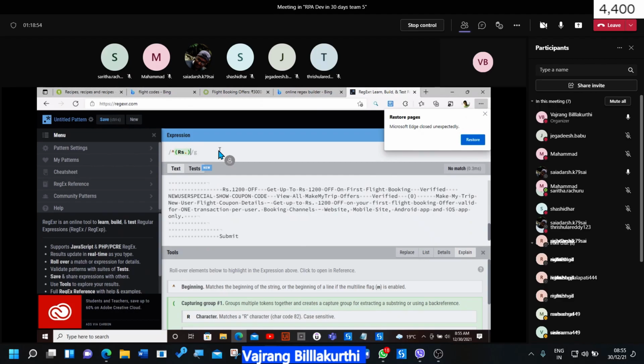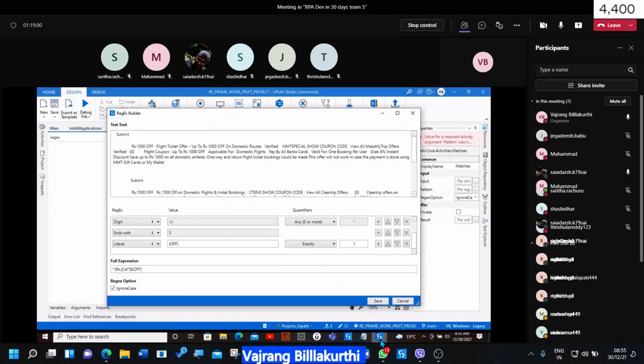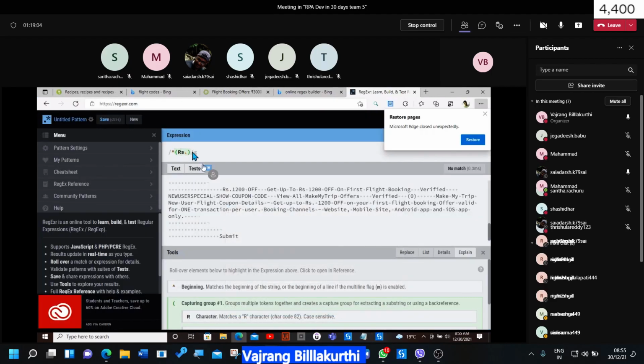Okay, and then we can go with backslash d multiple times. What is this? Backslash d star. So that can continue with backslash d star. Let's see.